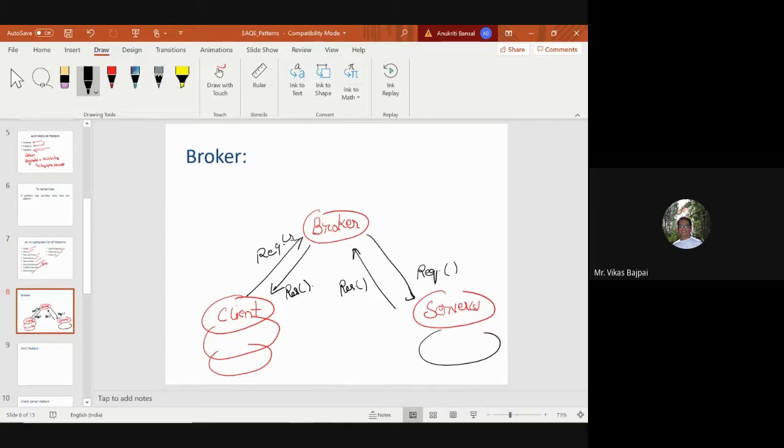Now, there are some added advantages of having this kind of design pattern, but looking at this particular figure, I would like to know what benefits you see from this kind of design pattern.